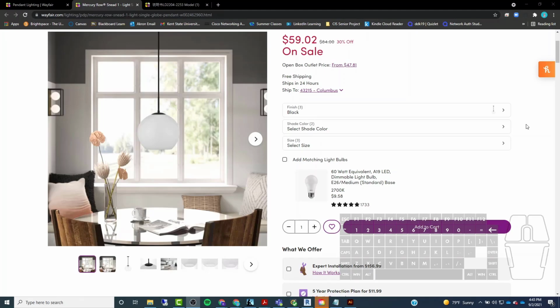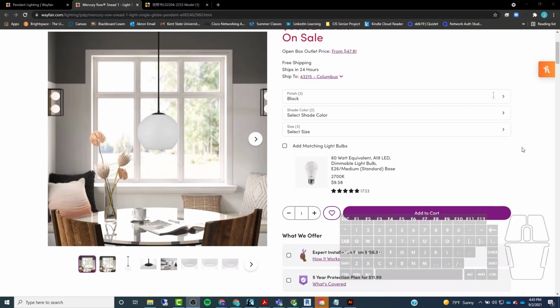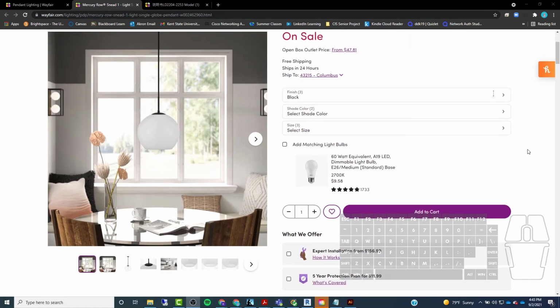Just make sure you're finding something that doesn't have a family file already created, because I'll be able to check and see if what you made was original and that you did it from scratch, or if you just pulled it from somewhere. So we want to find something like this where there's no family file already available. And Wayfair is a good site to use for this, because I don't believe they allow you to download CAD files of their products. So once you find something, you should always look for some sort of a spec sheet that gives you the dimensions of the actual object itself. So I'm going to scroll down here,